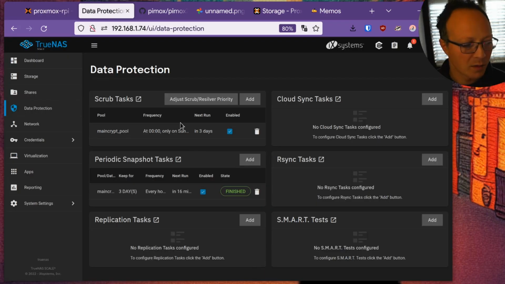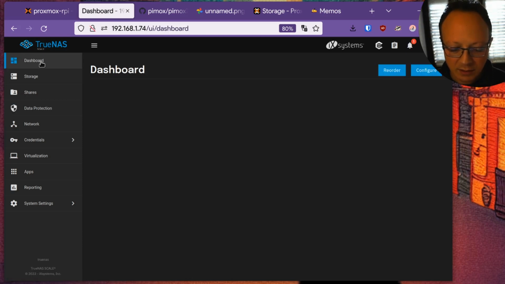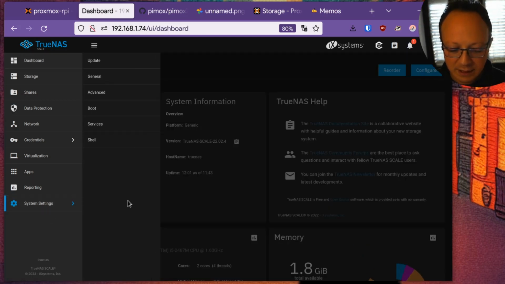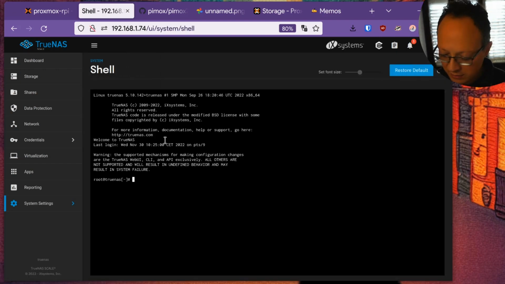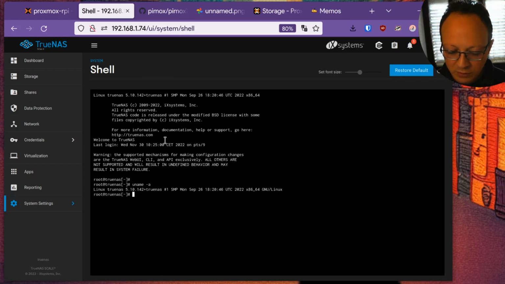And this behavior is different in TrueNAS. You can have a similar view here under System, Settings, Shell, and here you can type also other commands. We have an older kernel in TrueNAS stable, and it's 5.10 Linux kernel, but you can't use apt.